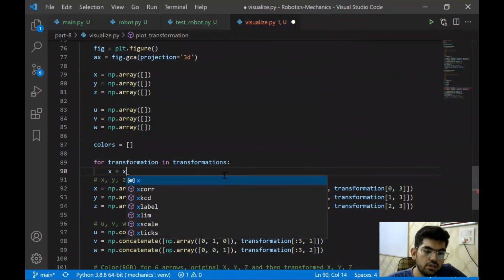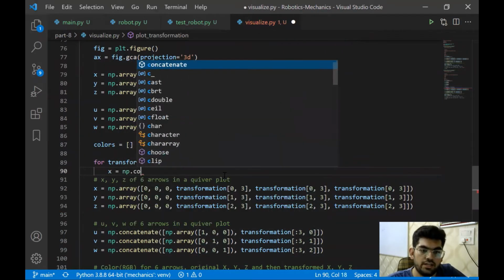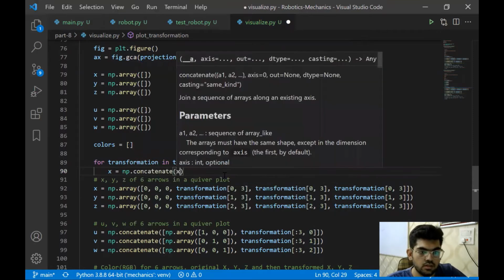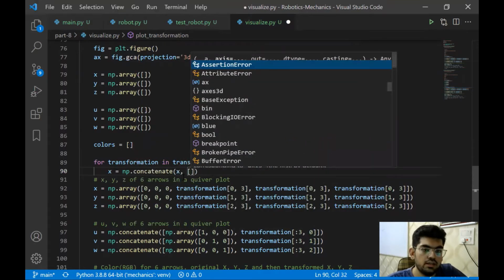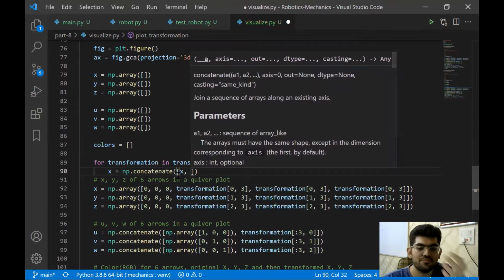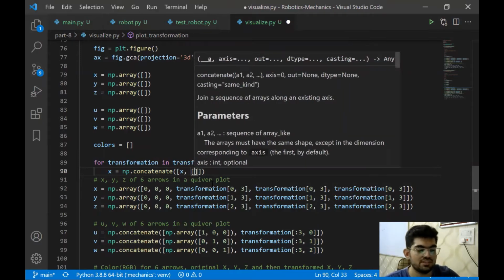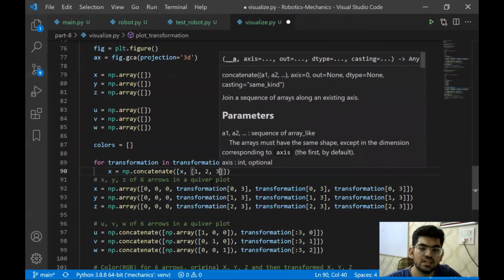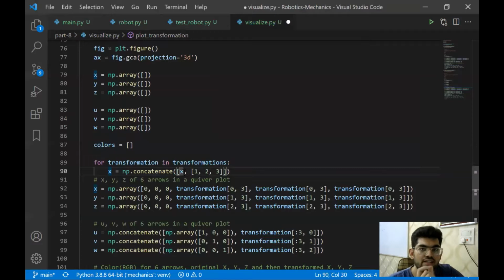Now we are going to call np.concatenate. What concatenate does, and one mistake that we need to avoid, is that it takes in a list and concatenates the different elements of the list. For instance, we have X over here and suppose we have something like 1, 2, 3 over here. Then it is going to concatenate X, or likely we can say it's going to append these elements at the end of X. That's what it's going to do.